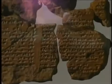Whichever way you look at it, the facts about this 10th planet are nothing less than astonishing. The story of this planet, as told by the